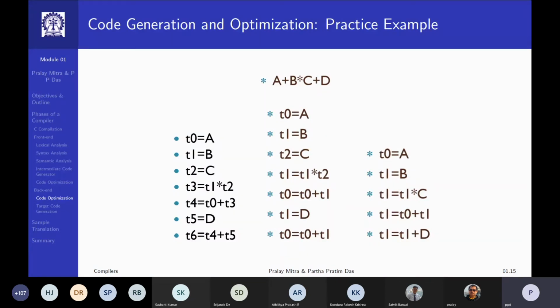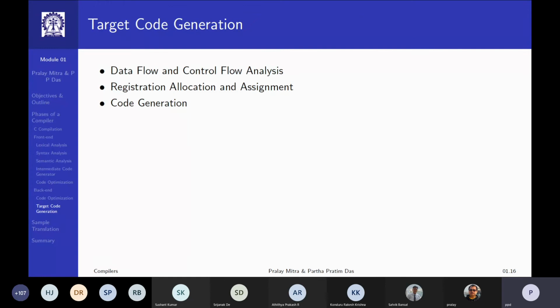Now, to generate the target code, you also have to do a lot of different analysis, because all that I have shown are flat expressions, so there is no effect of control. There is a lot of control, conditions, loops and so on involved.